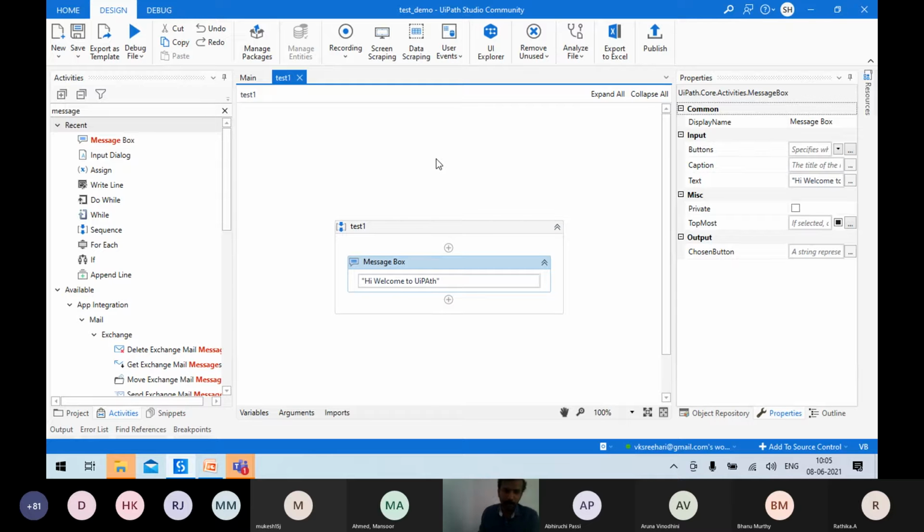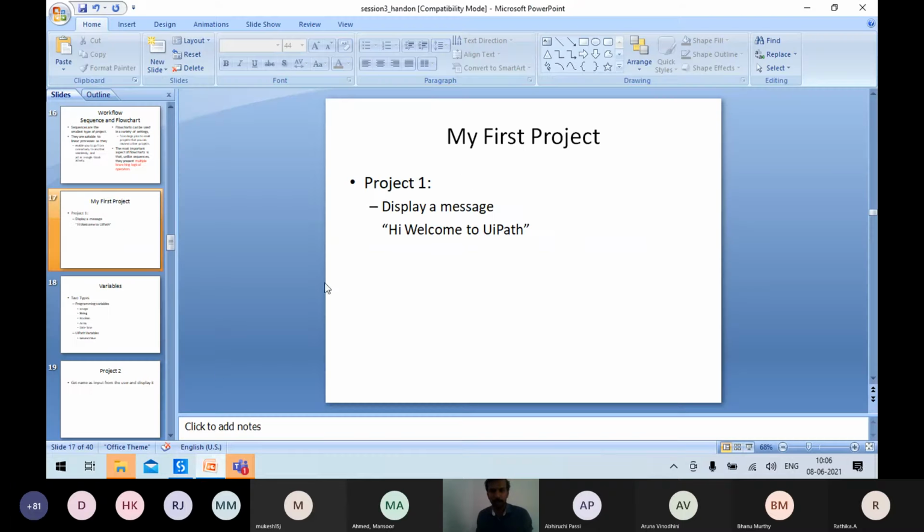It is not as difficult as in C. You just need to know the activities panel and the relevant boxes. You just drag it over here, and next time you'll see how we connect things. Just drag it over here and execute it. So this is our first project.